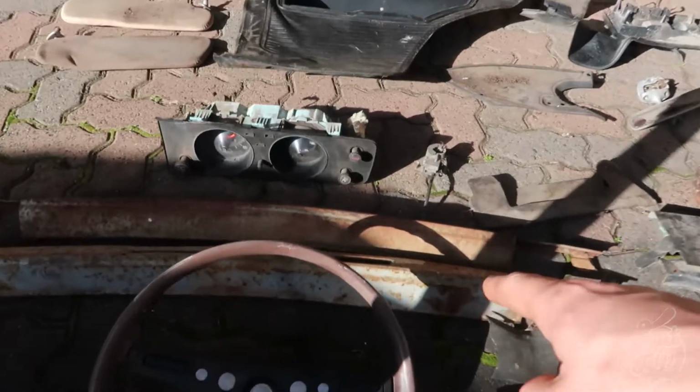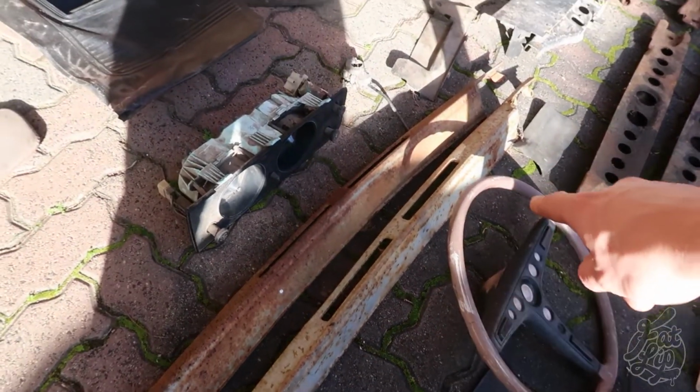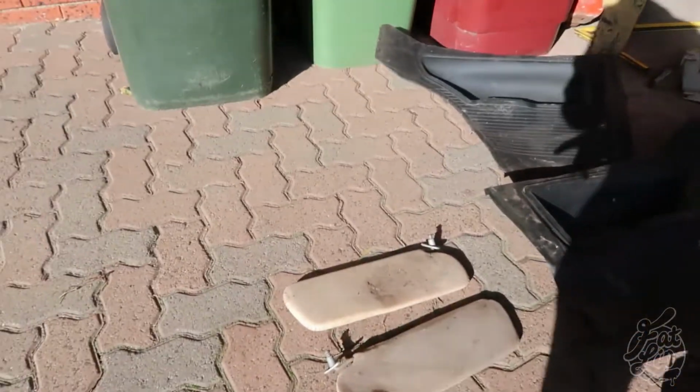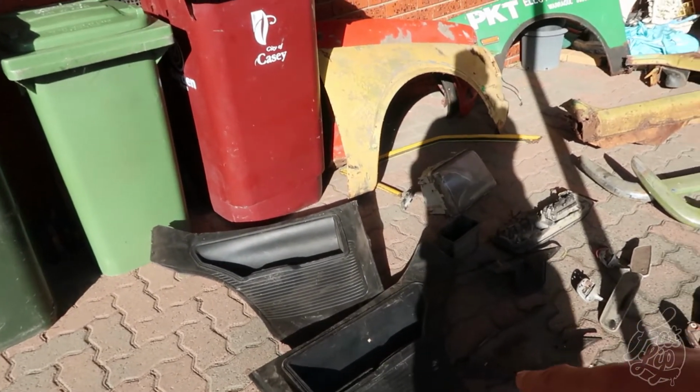Those are the under trim. Oh, it's hard to see with the light. I'll try and cover the light. These are under the grille trims at the front of the car. Got a dash, got a couple of visors, got some of the rear